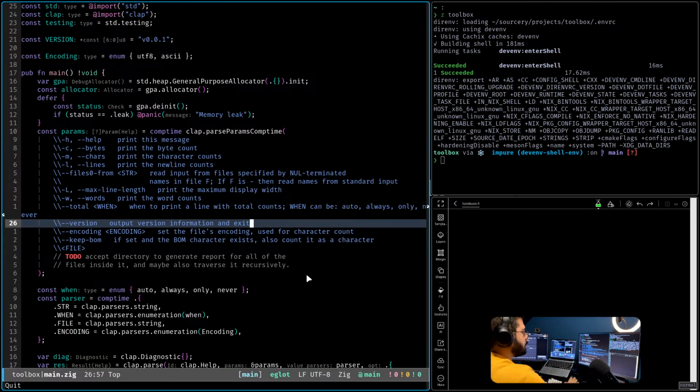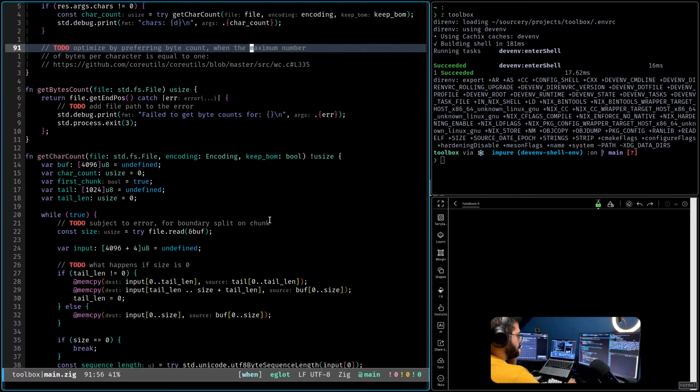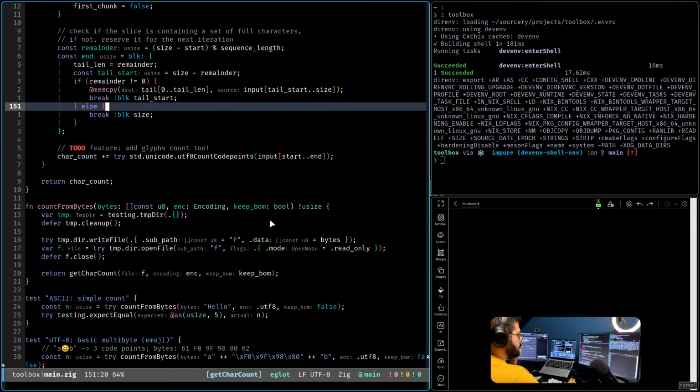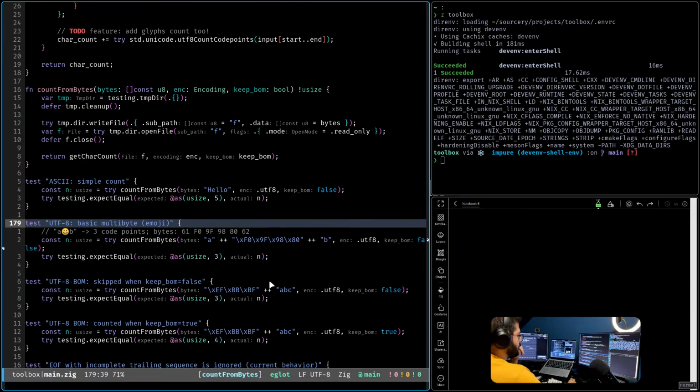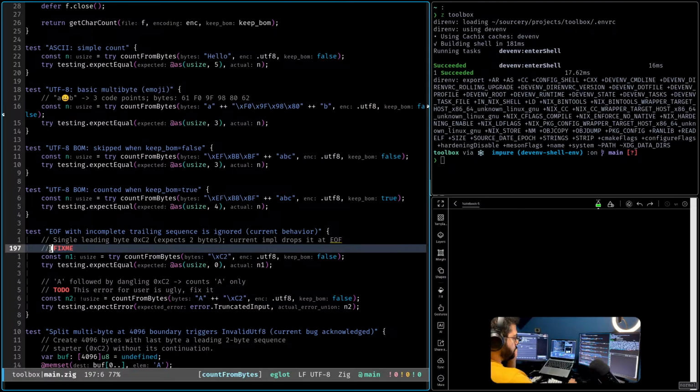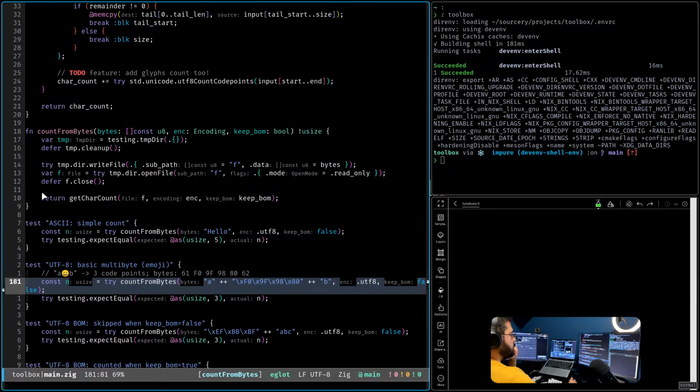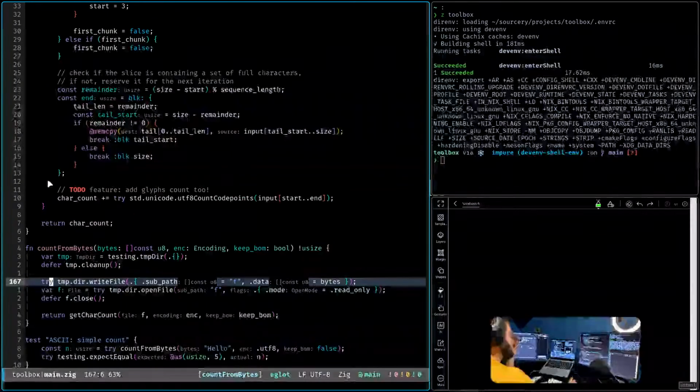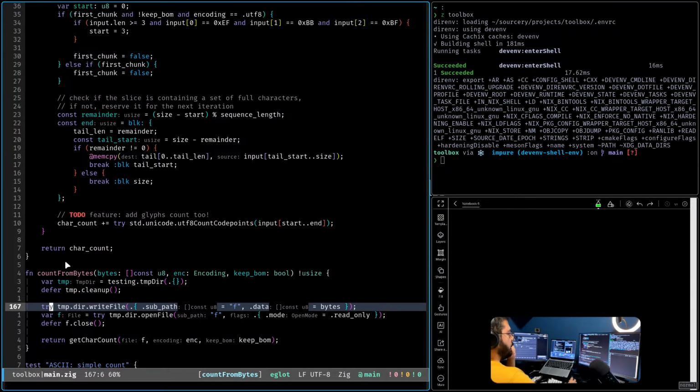Yeah, up until yesterday, the progress was mainly on counting the characters. There are still some to-dos for me to take care of, but in this session, I want to make some progress on adding features. The main reason being, I think I need to change my approach on how I'm collecting the information about the file,